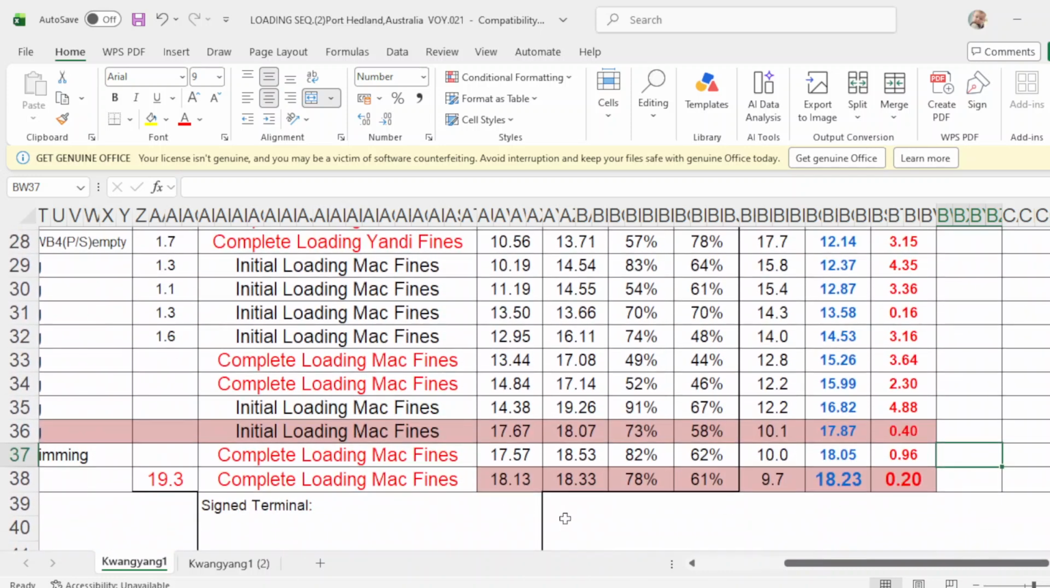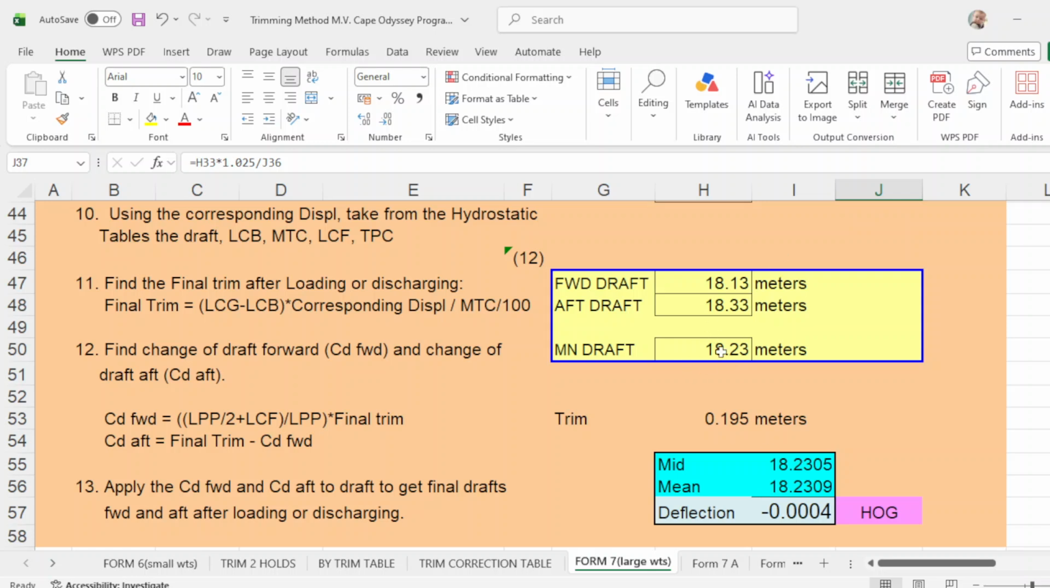Forward is 18.13, 18.33 in up, and your mid departure drop is 18.23, and your trim is 0.23, which is exactly the same as this program number 4. So this is my vessel before. Now we go to apply it to another capesize vessel,